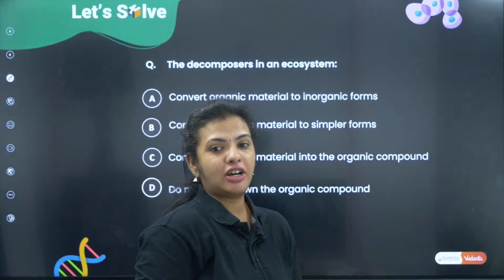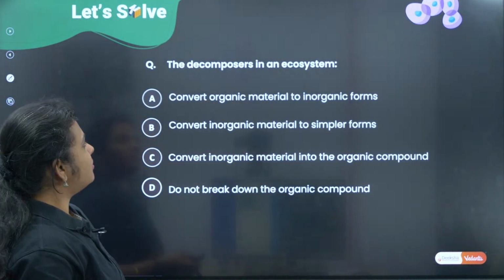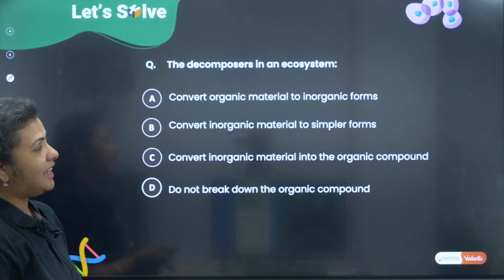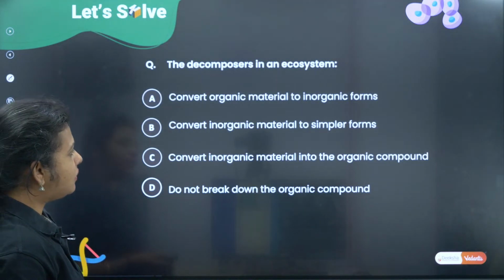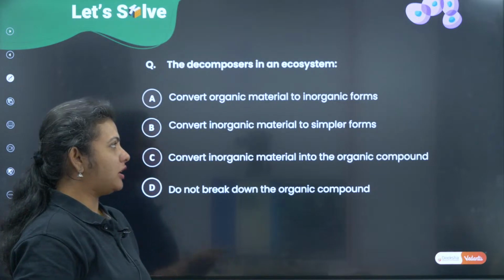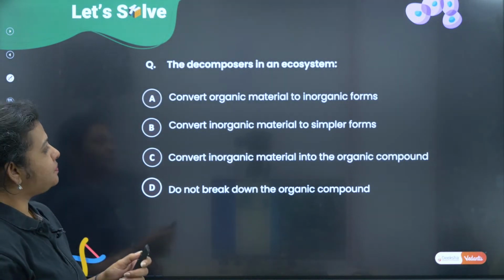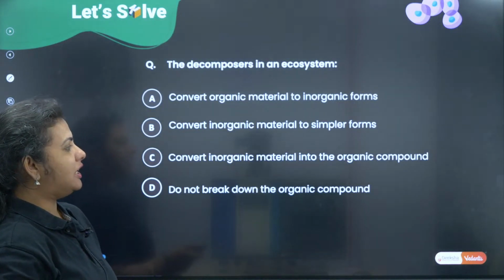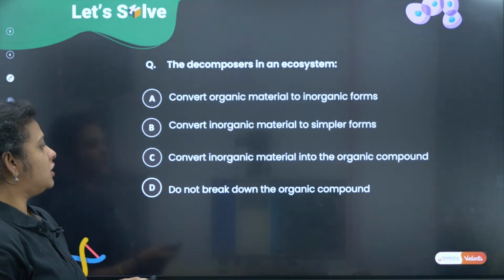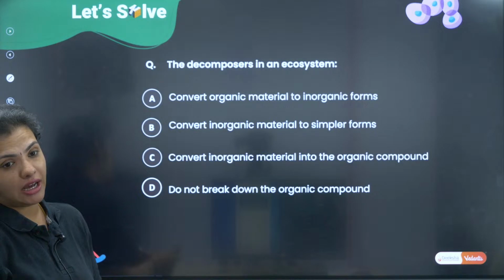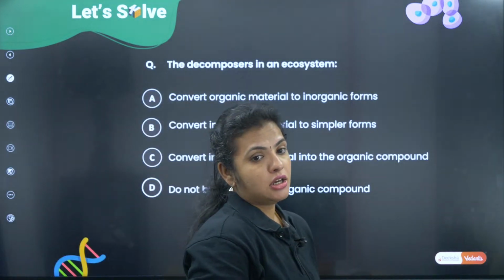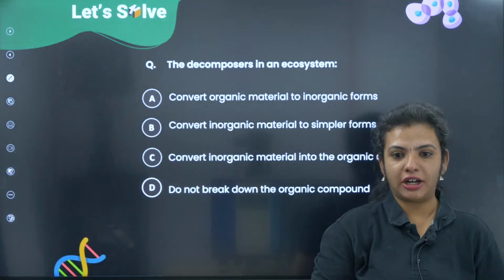The first question says, the decomposers in an ecosystem: convert organic material to inorganic forms, convert inorganic material into simpler forms, convert inorganic material into organic compounds, or do not break down the organic compounds. Okay. So, as you always do,